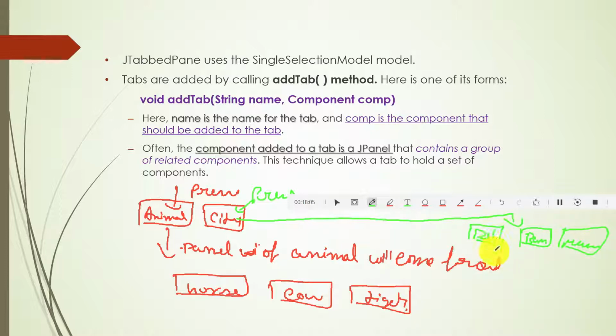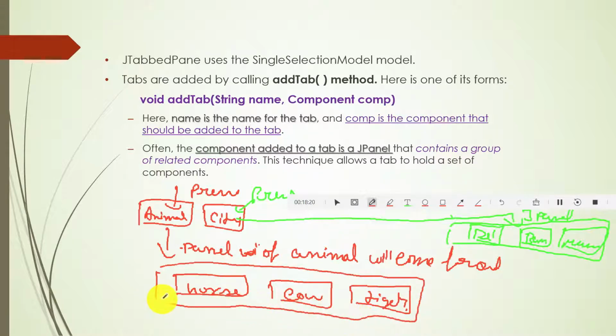That is how it works. This is what is nothing but a JPanel. Similarly, what is this? This is also a JPanel, and these are nothing but elements of the panel. That is how it works, students.